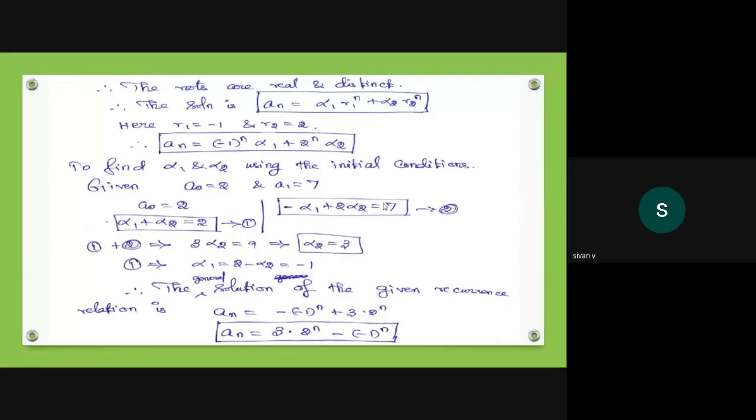So we'll make the equation in terms of r and solve that equation. After solving that, let us substitute. We'll get the equation again in terms of alpha 1 and alpha 2 by applying the initial conditions, and solve by elimination method or substitution method or using a calculator. Any one method you can use, and substitute. That is the final answer.